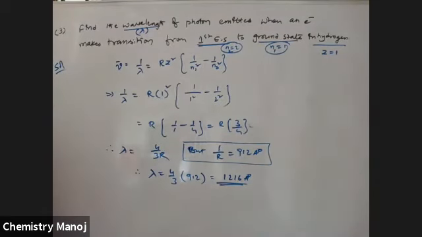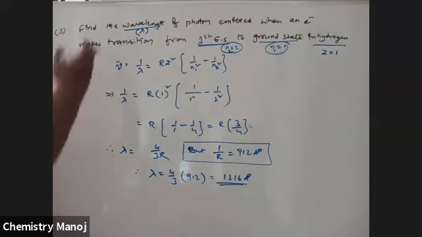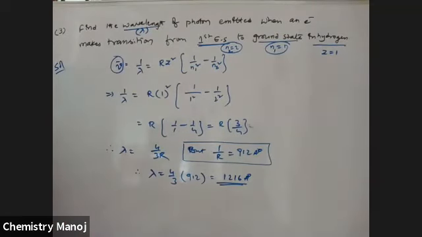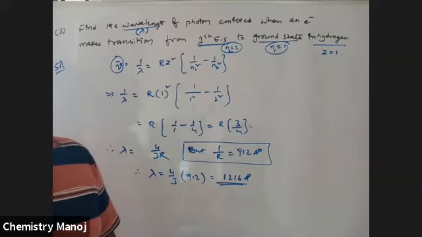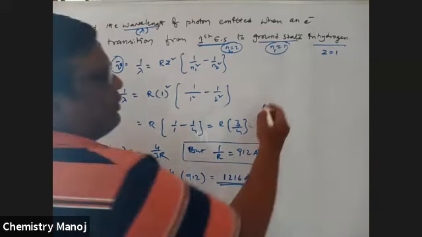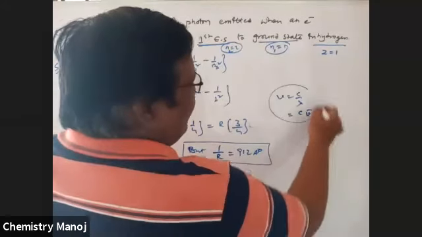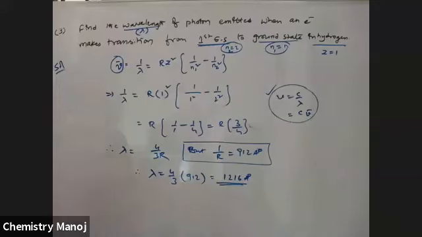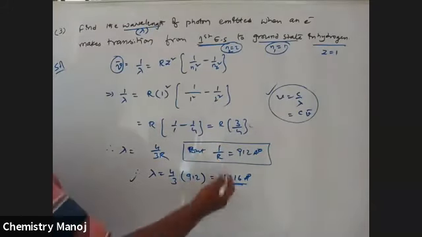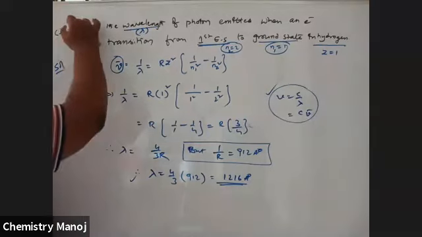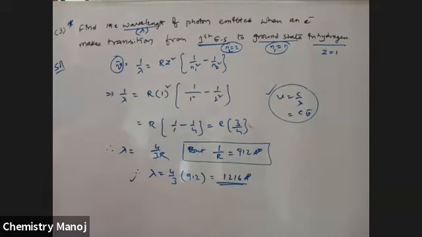1216 angstroms. Okay, so this is the way to calculate wavelength. Sometimes it is asked as wave number or frequency. If you calculate wave number, then calculate frequency: nu is equal to C by lambda, that is equal to C into nu bar. So whatever you want should be calculated. Here this is the wavelength calculation, 1216 angstroms. This is one of the ways, and a most important model. Next one.